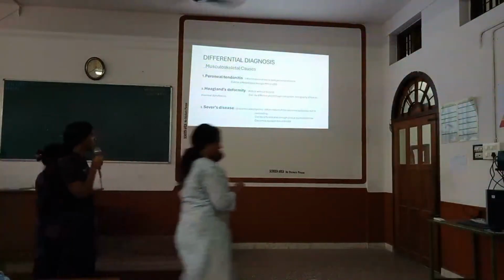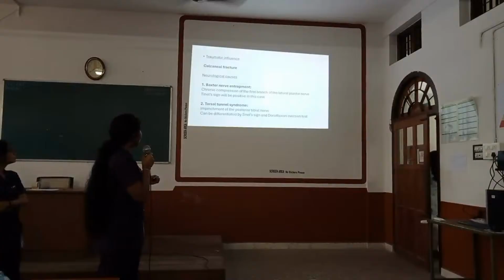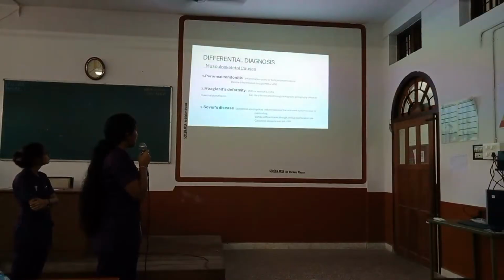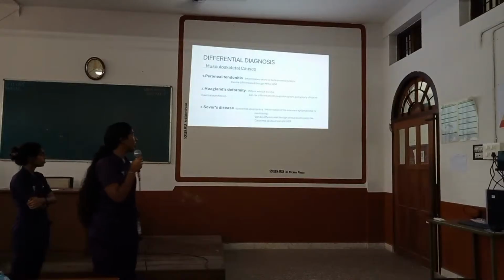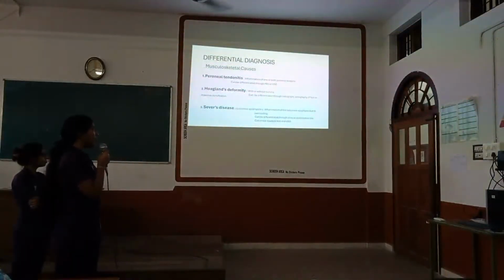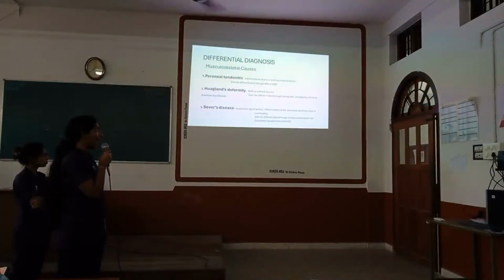Then differential diagnosis. It can be divided into three: musculoskeletal causes, traumatic influences, and neurological causes. The first musculoskeletal cause is peroneal tendonitis. It means inflammation of one or both peroneal tendons, and it can be differentiated through MRI or USG. The second one is Haglund's deformity, with or without bursitis, and it can be differentiated through radiograph, sonography, or foot in maximal dorsiflexion position. Then Sever's disease or calcaneal apophysitis, inflammation of the calcaneal apophysis due to overloading, and it can be differentiated through clinical